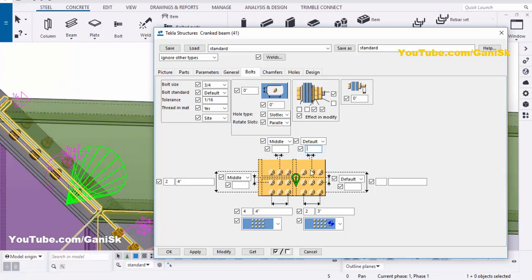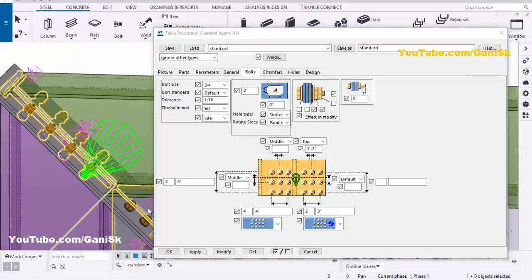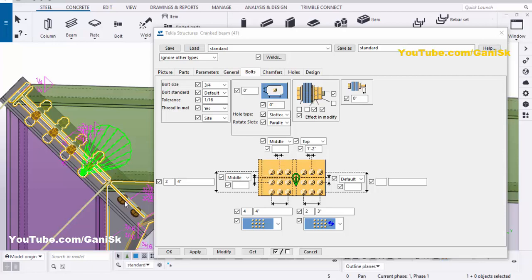From here you can see, let's take here from the top, and the spacing we're going to take 1 feet 2 inch. Then click on modify. You can see now from the middle of this column to the first bolt distance should be 1 feet 2 inch.